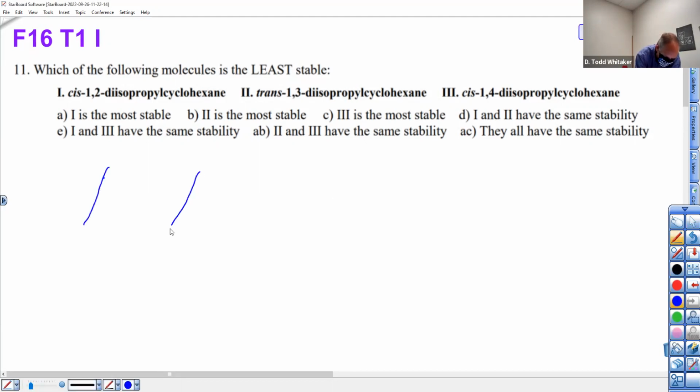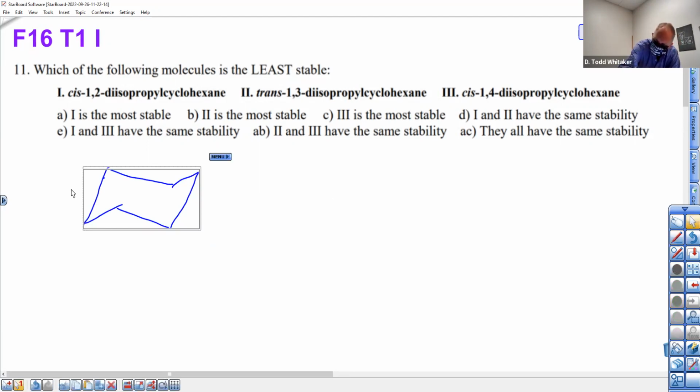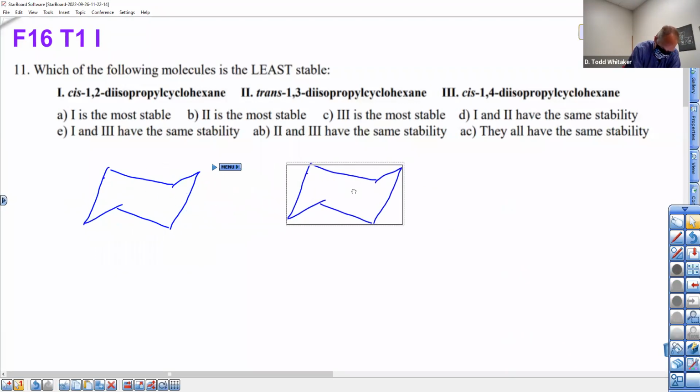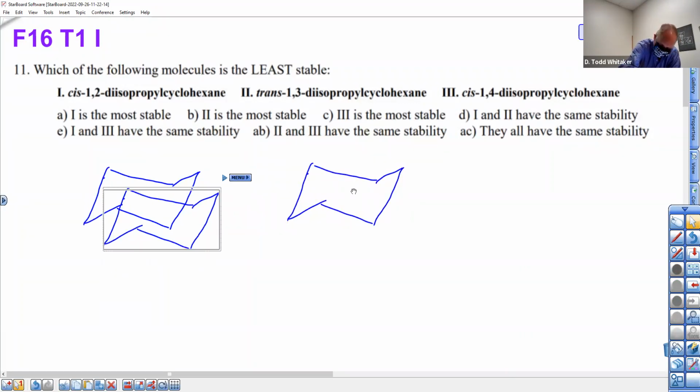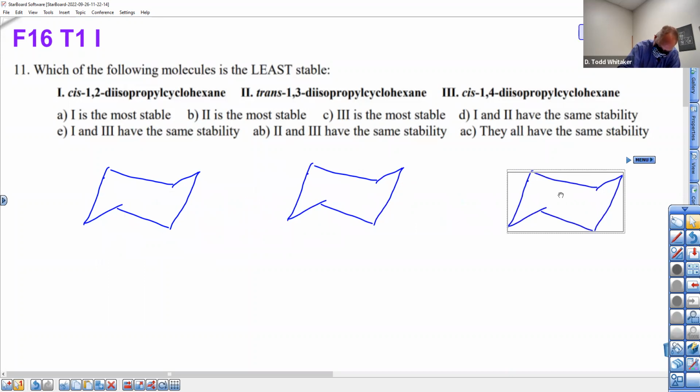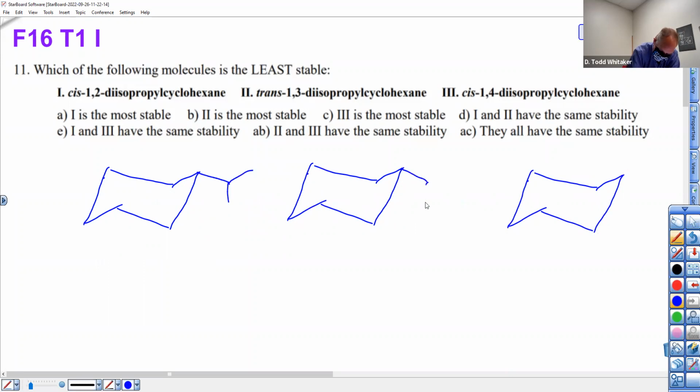Draw cis-1,2-diisopropyl cyclohexane. Not fair, not fair, not fair. And we'll put the group on the first carbon the same every time. I chose this